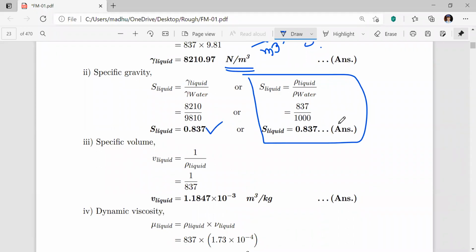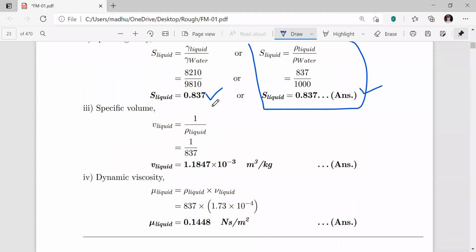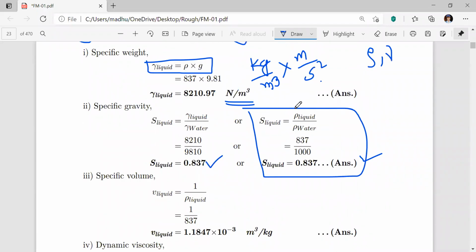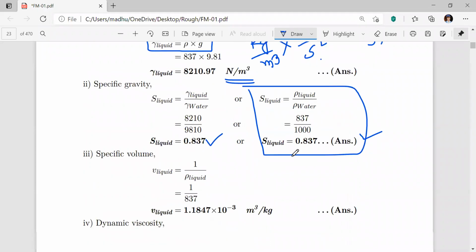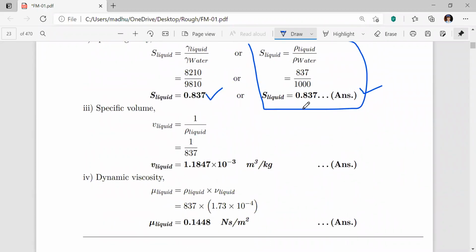See, both the answers are same. Both the equations are same. So you can use any of the equations. For me, I always use density, because the values and the units are convenient to me. Okay. Next one, specific volume. Specific volume is nothing but the reciprocal of the density, 1 over rho. Correct? Now rho is